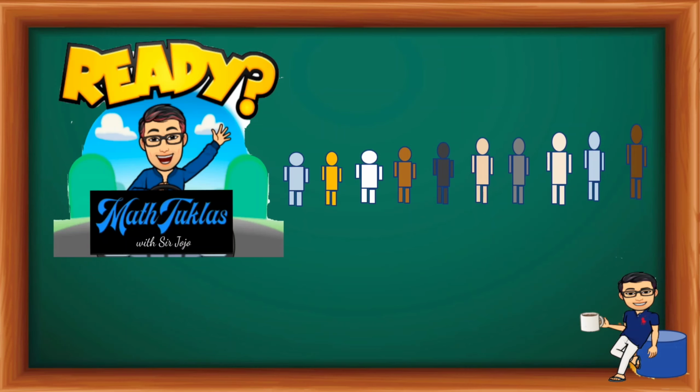For example, with this diagram, we wanted to know this person's position. We could use this formula to find out